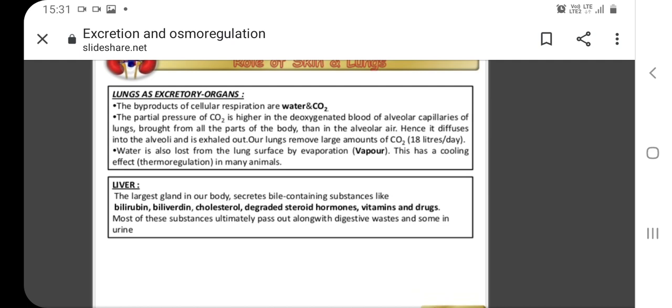The role of skin and lungs. Lung is also an excretory organ. The byproducts of cellular respiration are water and carbon dioxide. The partial pressure of carbon dioxide is higher in the deoxygenated blood of the alveolar capillaries of the lungs, brought from all parts of the body. Thus, in the alveolar air,